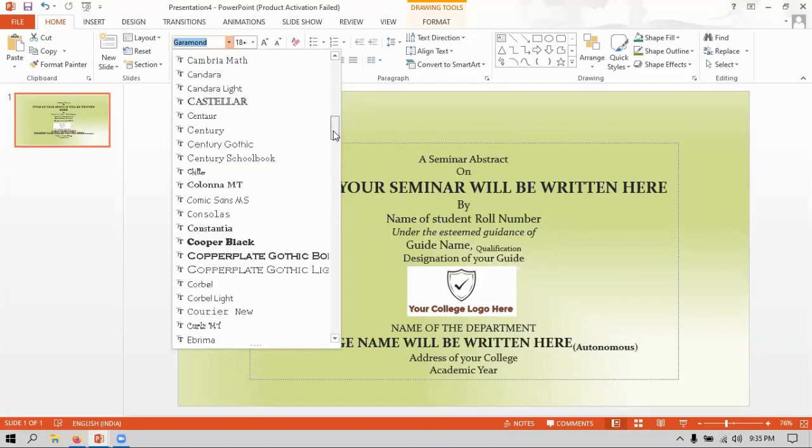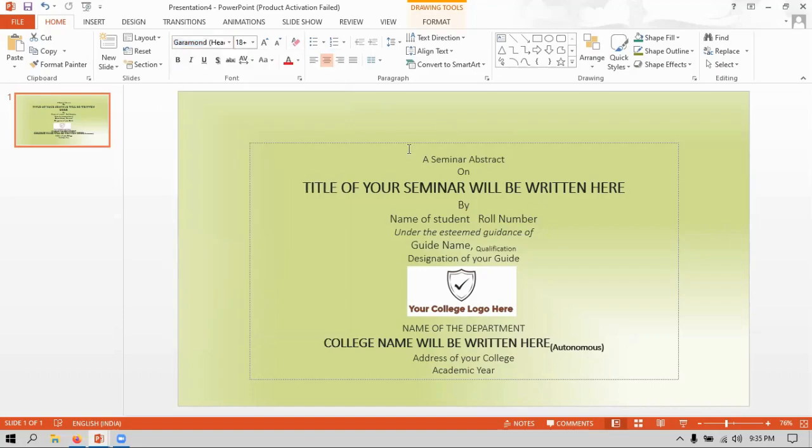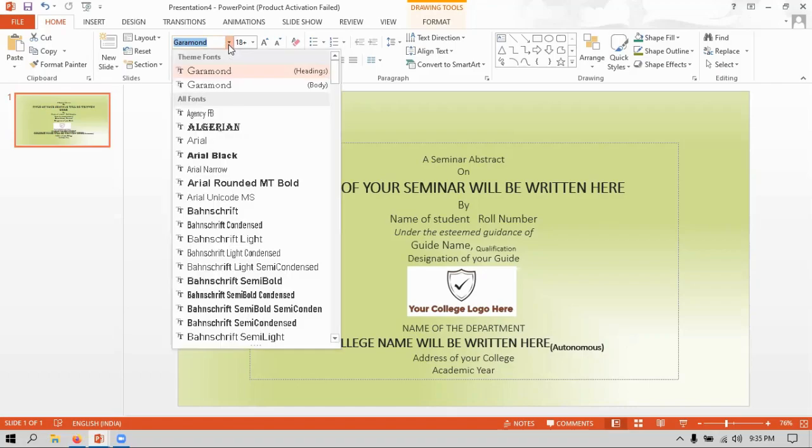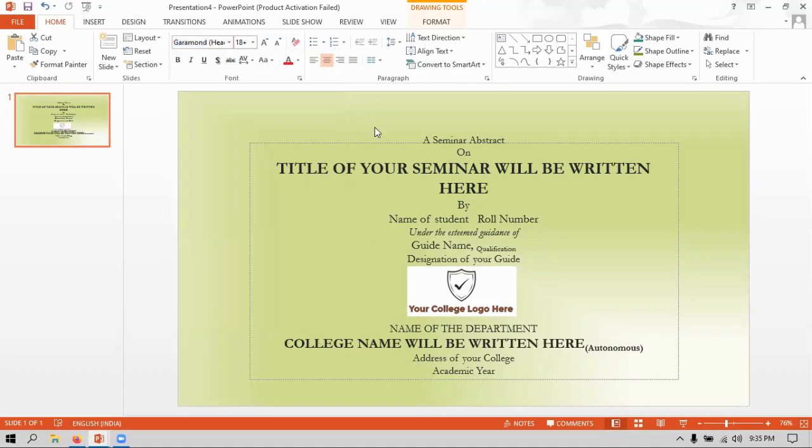So I will show you the font style. It is in Calibri format earlier, or it may be in Calibri Light. That was chosen by default when you open the PowerPoint. But when I select the theme, the font styles are going to vary according to the theme. So that's why I'm not getting the Calibri font style here. I'm getting the font style which is selected here, that is Garamond. You can also select either Garamond's body or heading style, any one of these two. By default, when you apply the theme, the font styles that are available in the theme will be applied on your content.